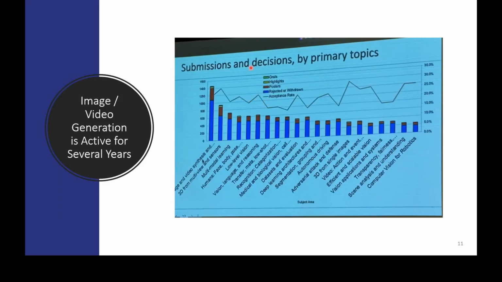Okay, and then these are the categories. The first one is image and video generation. It has been active for more than 4 years. Before the diffusion model, there was another approach called GAN. When GAN was active, this topic was already active, and currently we have